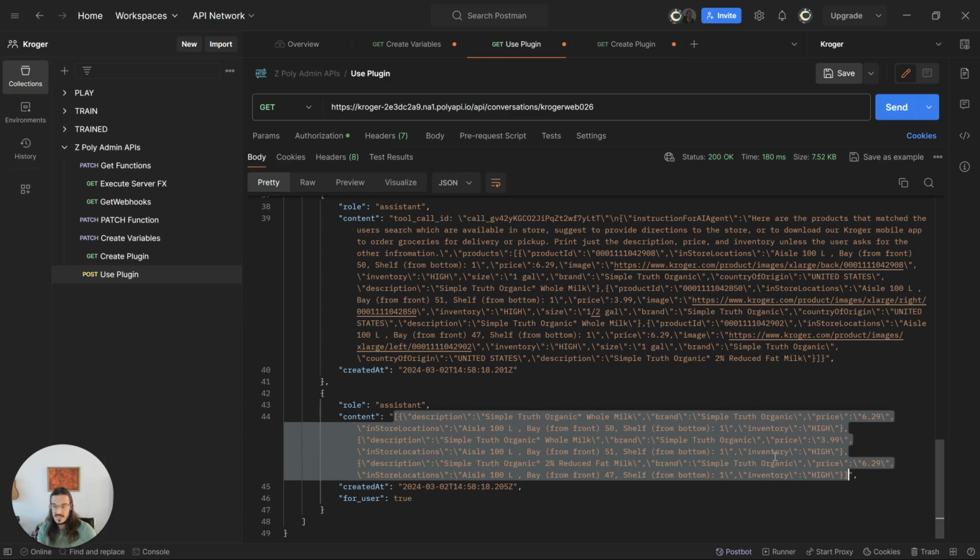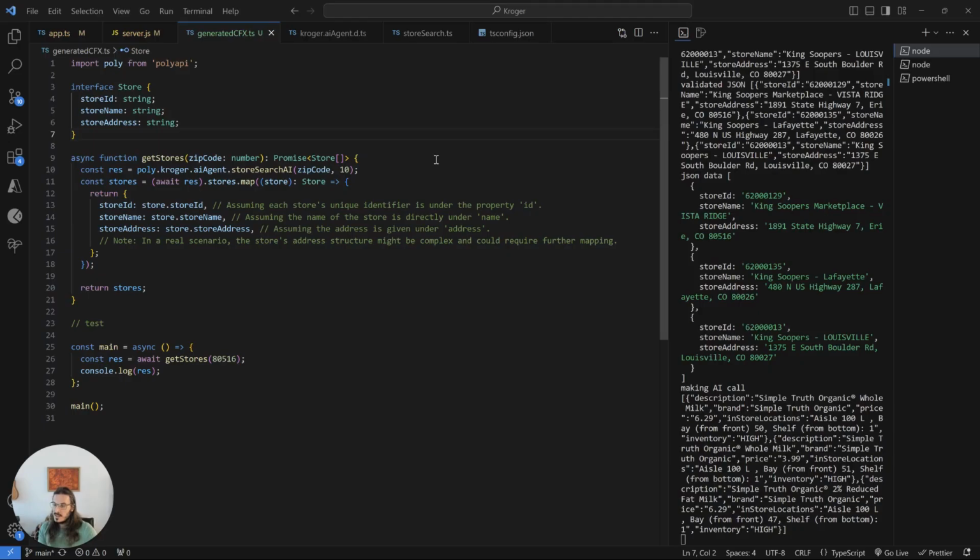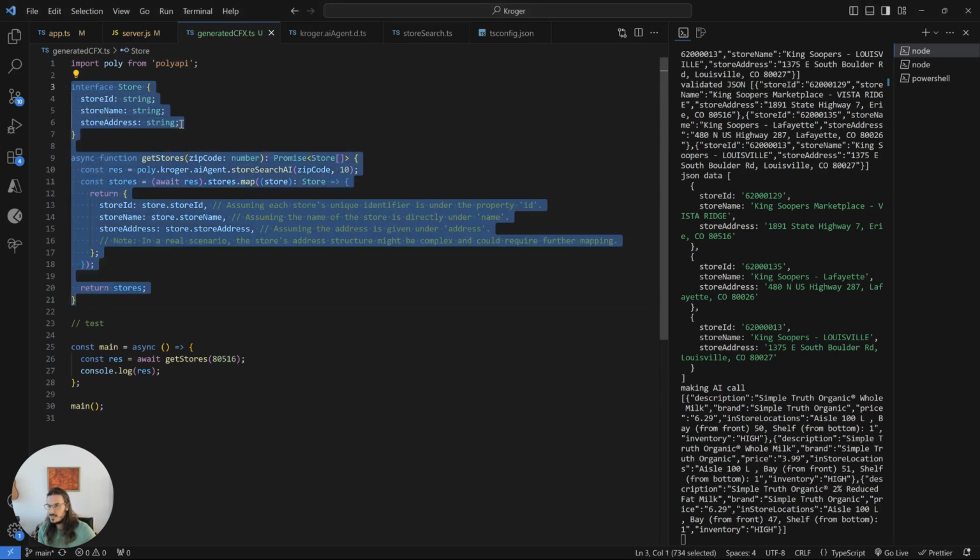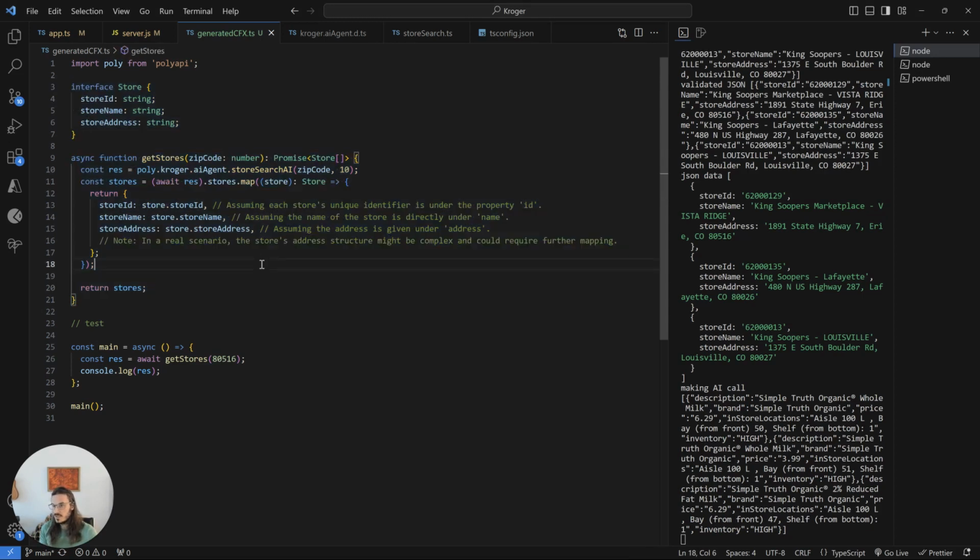So let's take a look at ideally what would happen next if the user was happy with the AI's generation. Ideally next, the AI would generate a function like this and deploy it to Poly. And that'd be great, because then the client developer could just use that function to accomplish it. So I'll mimic that here by deploying this function to the Poly server and showing you what it would look like to then include it in the backend for the client.